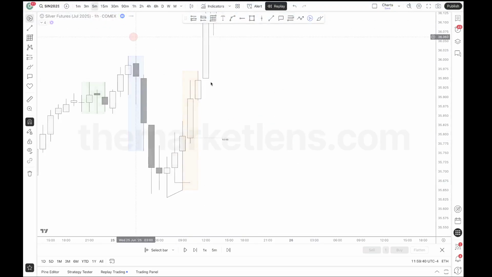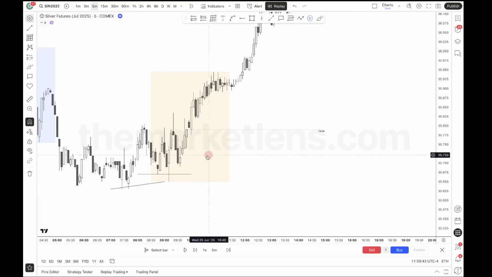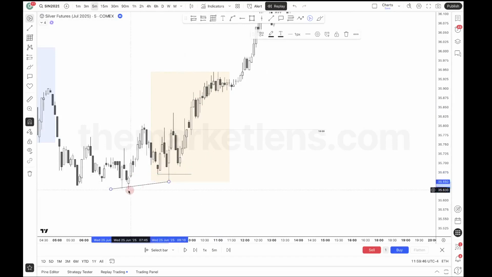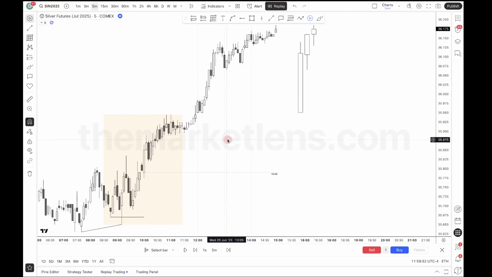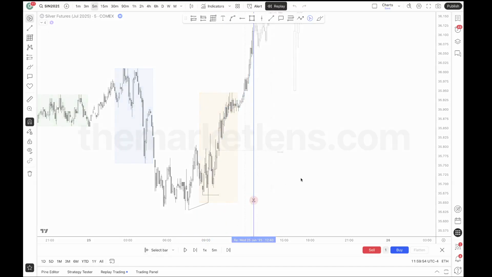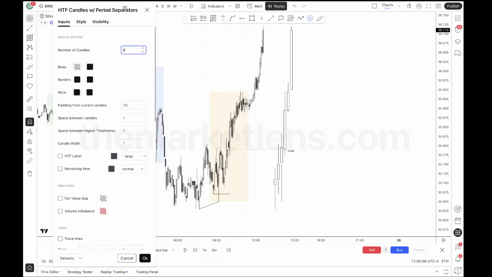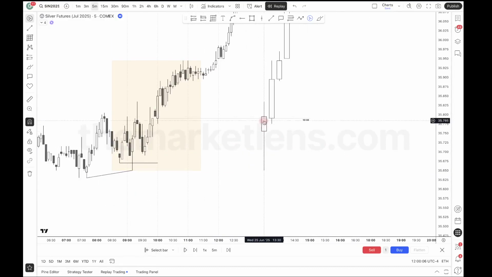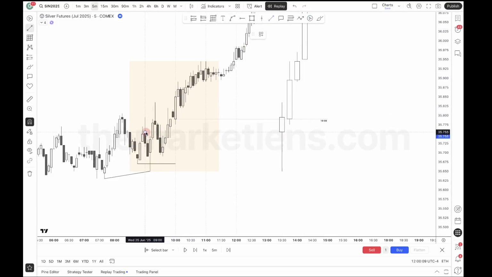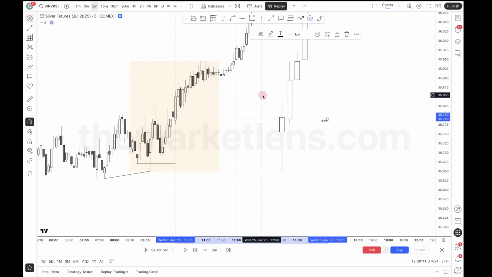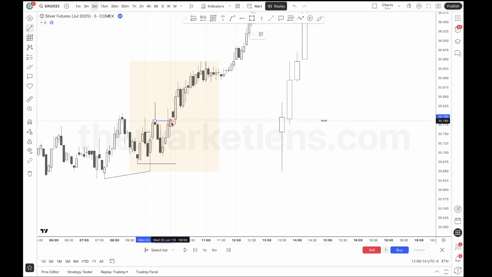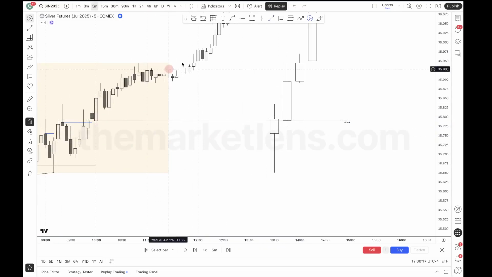If I go to the 5-minute here, or the 3-minute, I don't know what I entered on. Do we have a CSD in candle 2? If I pull up this little indie, let me just pull up a little bit more candles here. So yeah, right here. Do we have a CSD within this candle here? Yes. Boom, right here. So all I have to do is wait for an intra-candle change in state of delivery, right? Which, the candle opens right here, and the CSD is formed above the opening price.